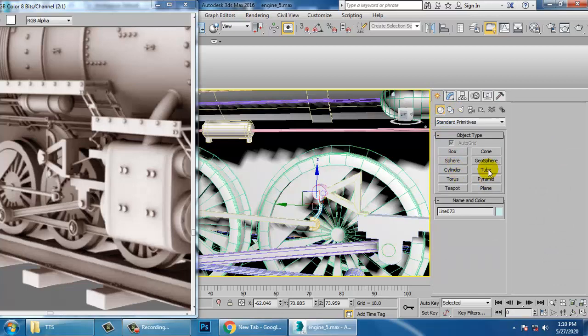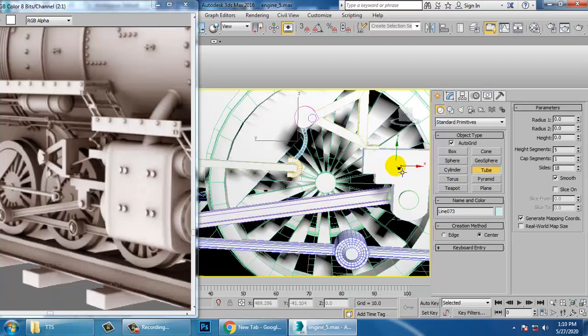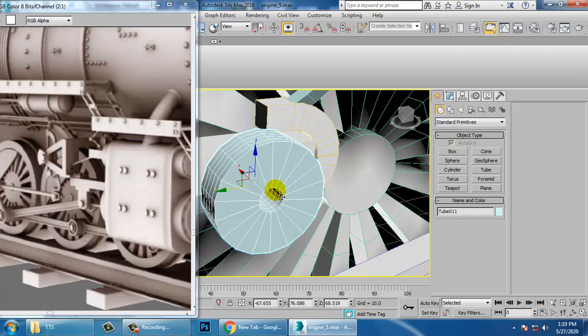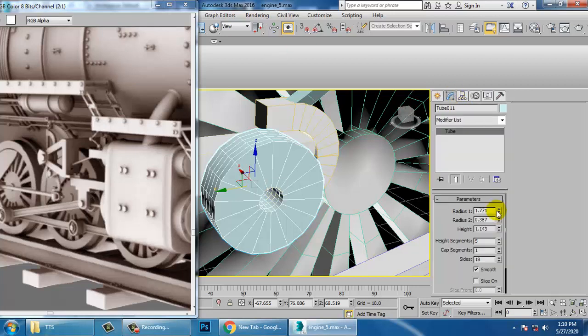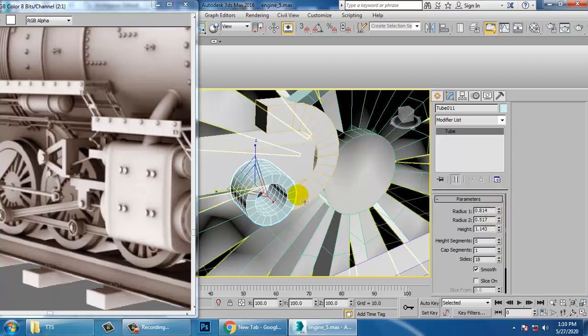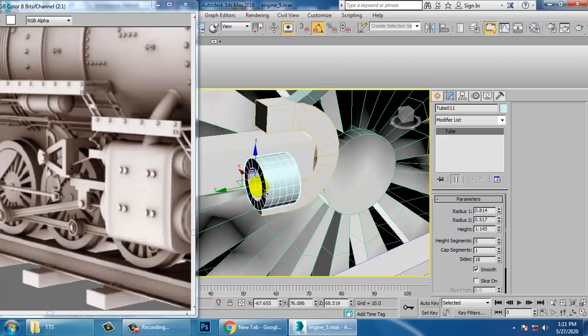Take a tube over here. In this tube you have the options radius 1 and radius 2 over here. Rotate it and just push this over here.